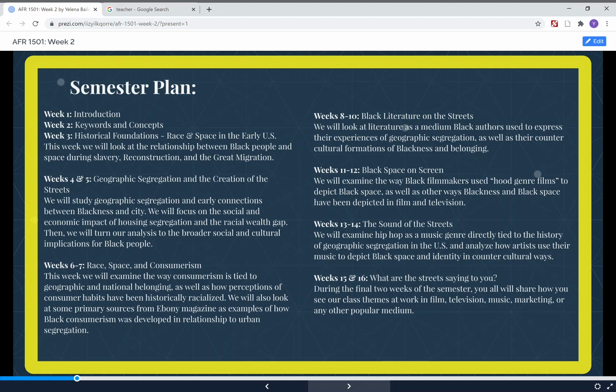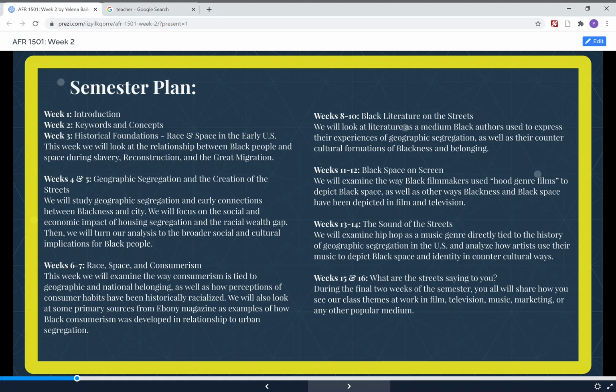So week 6 and 7, we're going to look at consumerism. We'll talk a little bit about how during the housing boom, where we had government underwriting of loans, there was this whole new market, right, of home goods. You can imagine people are getting homes for the first time on this widespread level. We have the creation of the middle class suburbs. So that means people were selling home goods, but it was very much tied to whiteness in the US. So we had the marketing of what came to be the white middle class consumer.